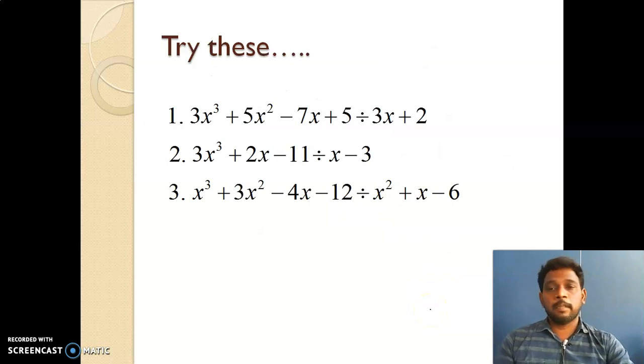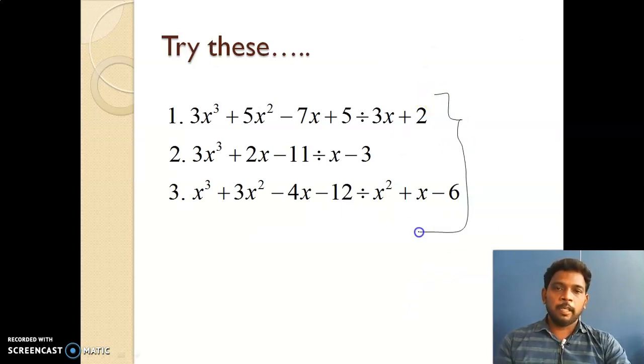So these are the homework sums. Okay, right? So here the first dividend term is a cubic polynomial, and the divisor term is a linear polynomial. So divide this one by this one by the usual procedure. Okay, and look at the second question. So this is also a cubic polynomial, and this is a linear polynomial, but here one degree is missing here.